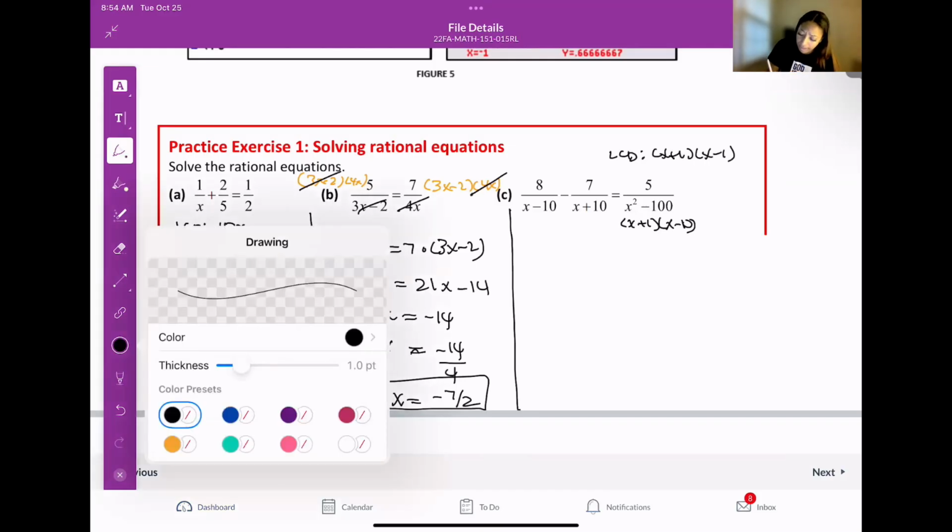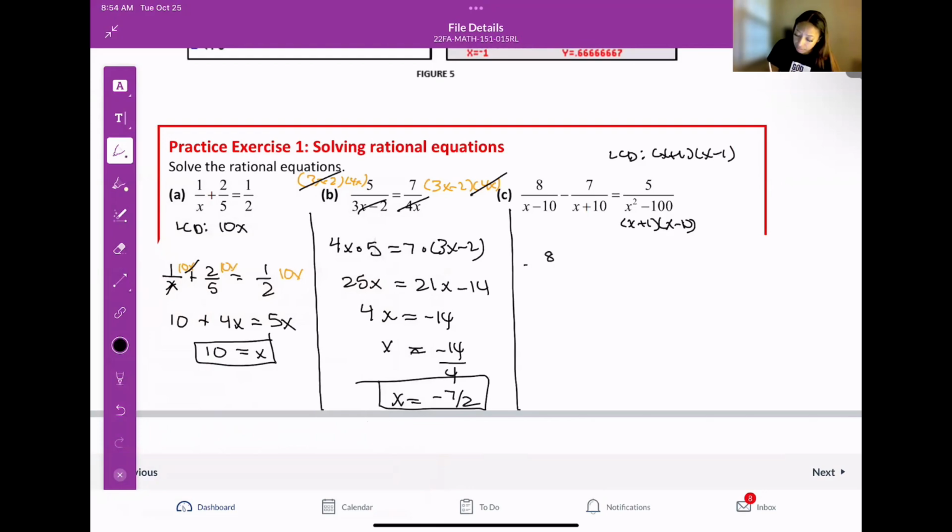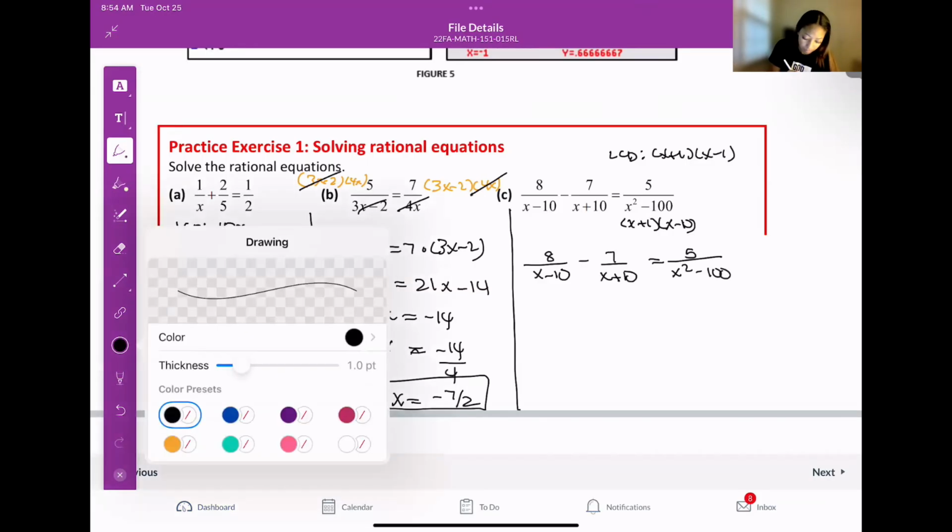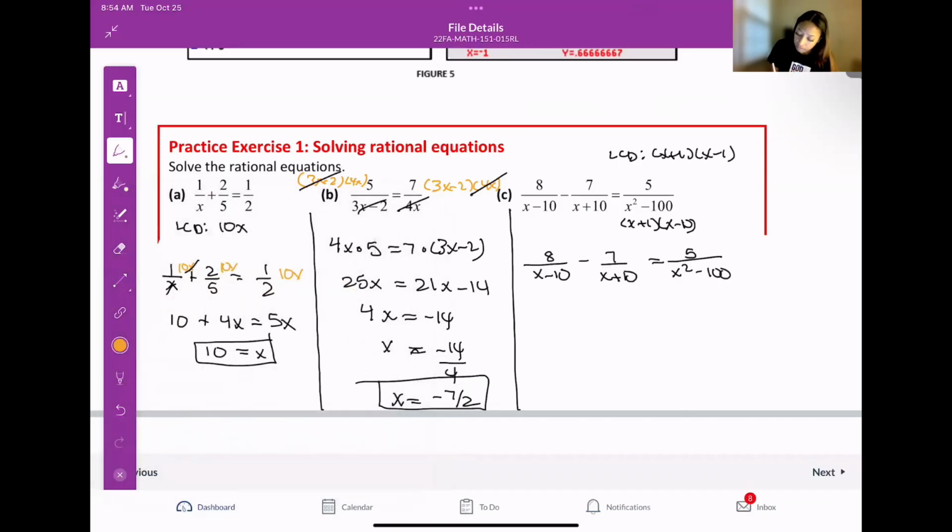So if we multiply everything by x plus 10 times x minus 10,